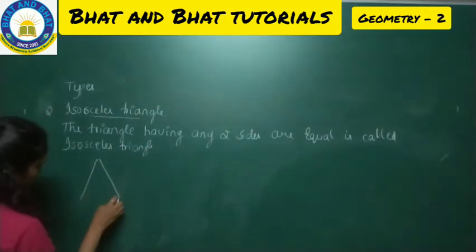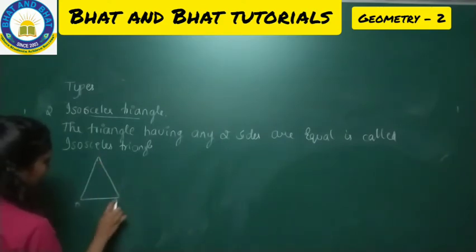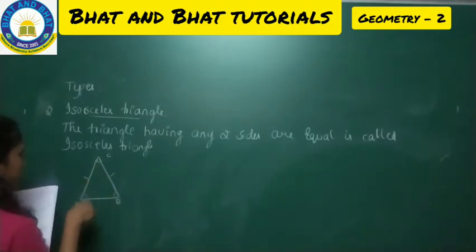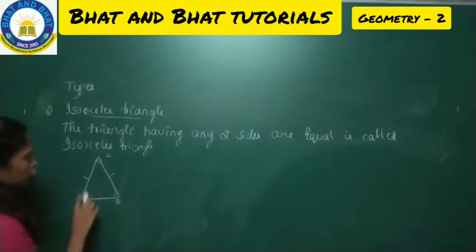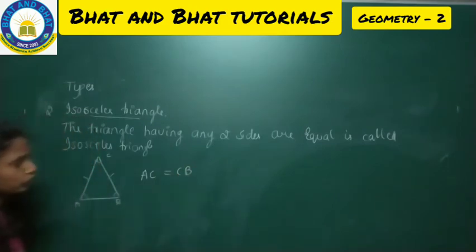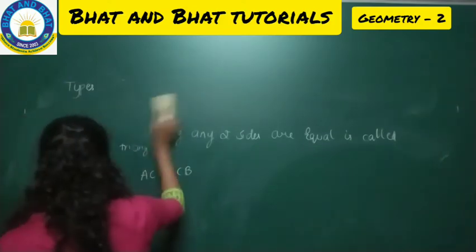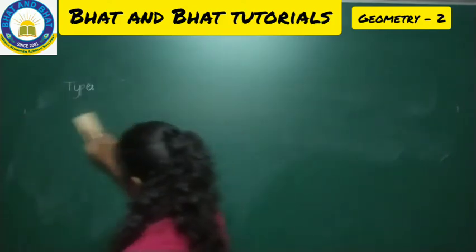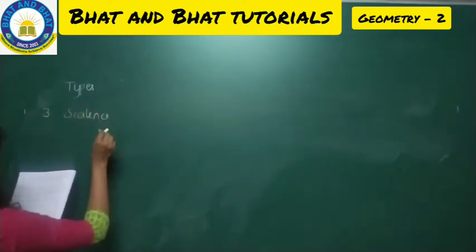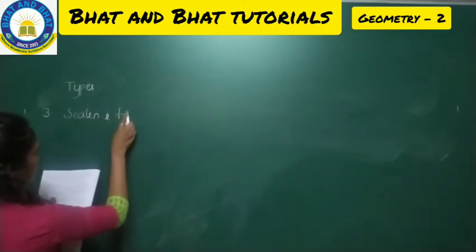Say for example, if I draw one triangle, triangle A, B and C, here these are three angles and these two opposite sides will be equal. So I can call it AC equal to CB. Make a note. So fine, hope you all copied. Let me go with the third and last type in the triangle on the basis of sides. Have a look into your third one, scalene triangle.